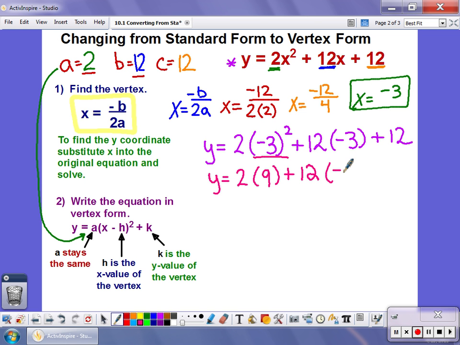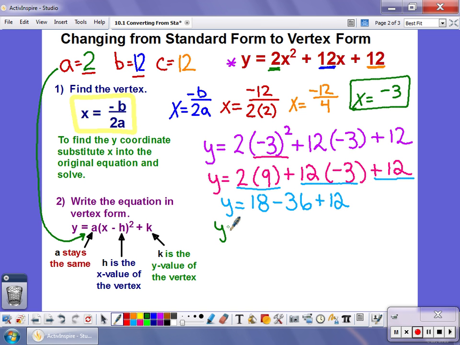Okay, so let me rewrite the rest of this. And then my next step here is going to be to multiply. So I'm going to multiply 2 times 9 here, which is going to give me 18. And then I'm going to do 12 times negative 3, which is negative 36. And then nothing here, this plus 12. And then my last step is going to be to simplify all this together, which will give me y equals